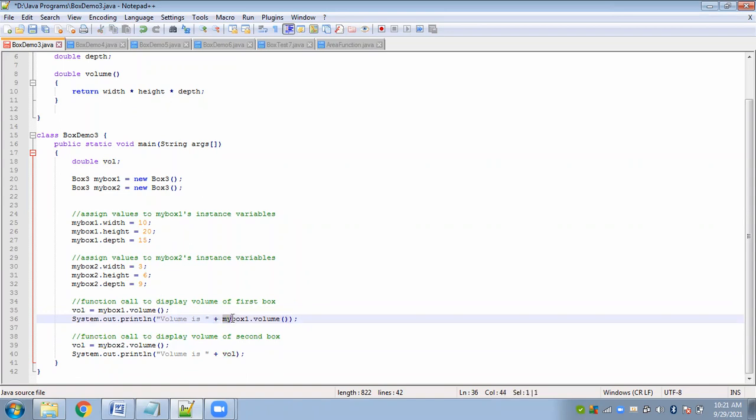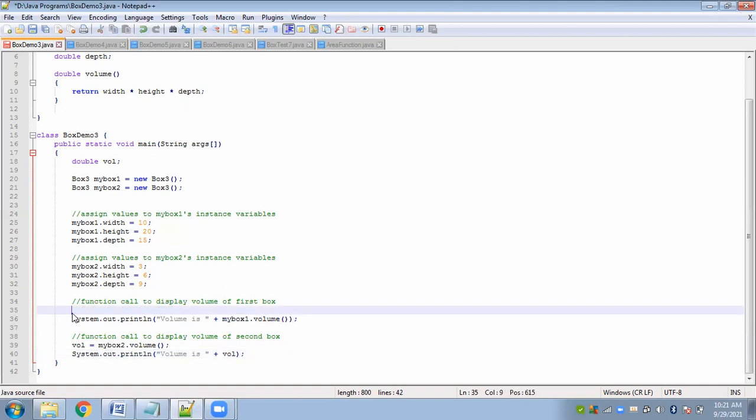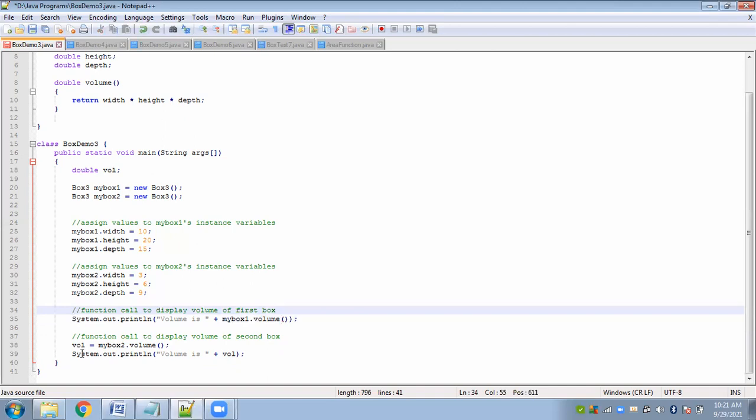So here I have done it in 2 ways. Look at this. Let me just delete this part. I've done it in 2 ways. In this case, the value that will be returned after calculating the volume will be assigned to the vol variable, and then we are simply displaying the value here.